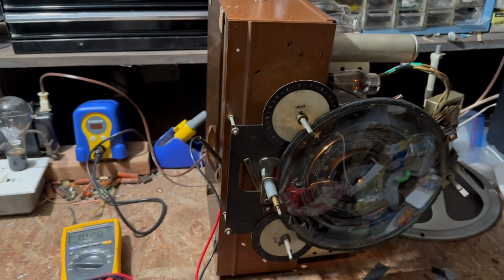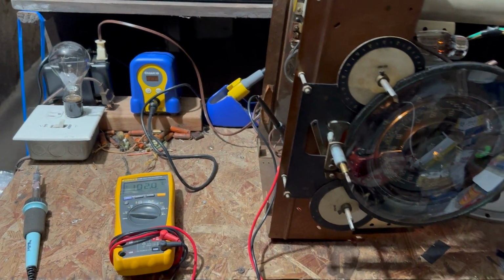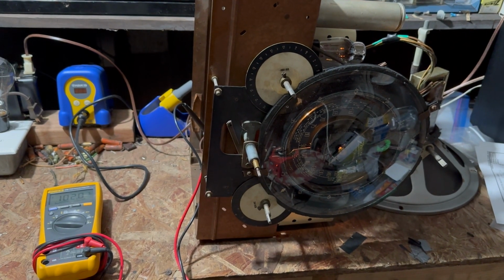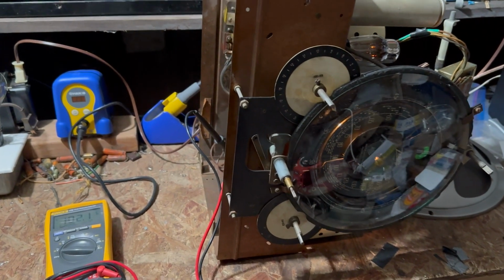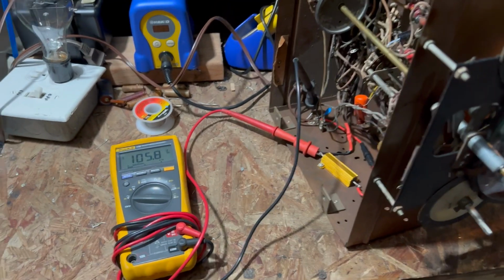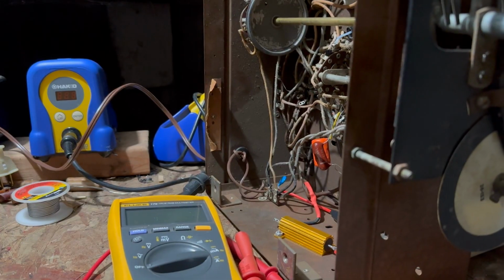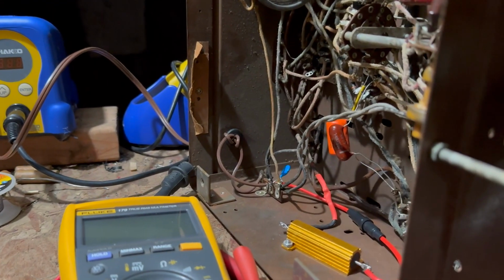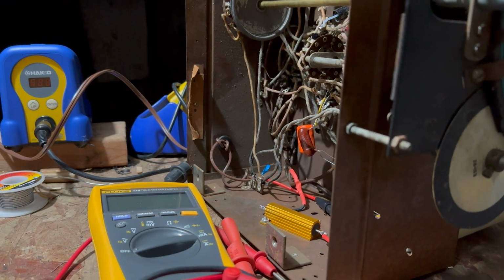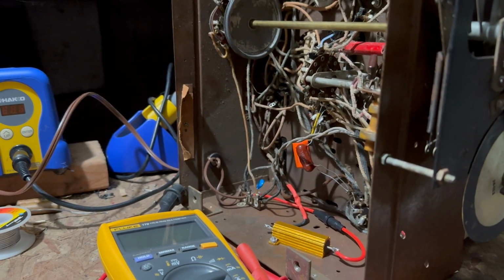So at full line voltage, I have 102 volts going into it. That's a little lower than I want. All right, so we're at 106 volts. I have this plugged right into the line. It's a bit low. I just did a quick check of the voltages on this, and I was getting 106 in, and I thought, well, the only thing that really matters, other than B plus, of course,